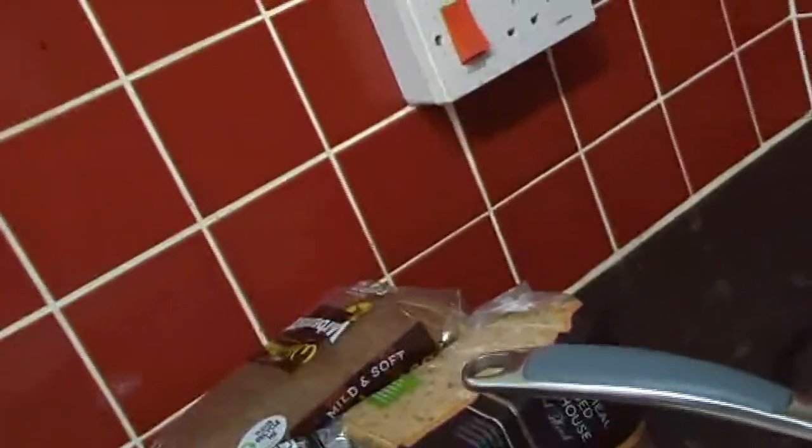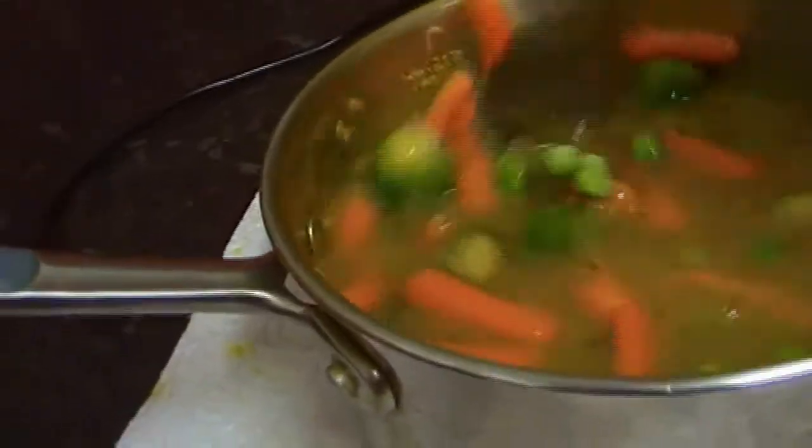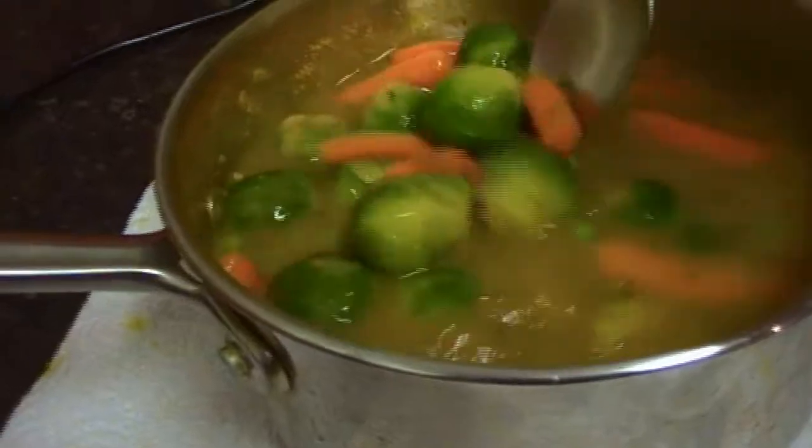I need a spoon, right? Oh, my preparation wasn't up to scratch there. Right, here's a spoon. Look at this spoon, it's a big spoon, it's like a teaspoon, it's a good spoon this. Right, now, what I'm going to do is stir everything up, right? Now, the reason I put so much water in there, right guys, is because...